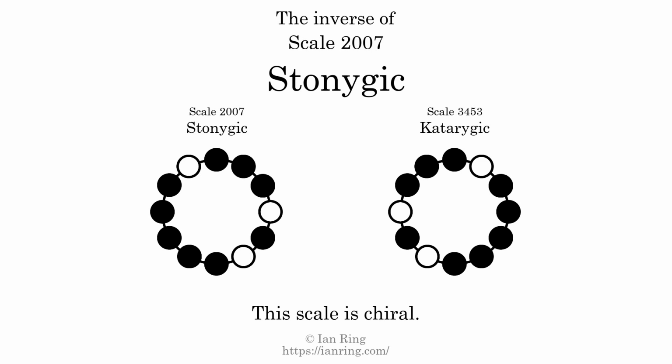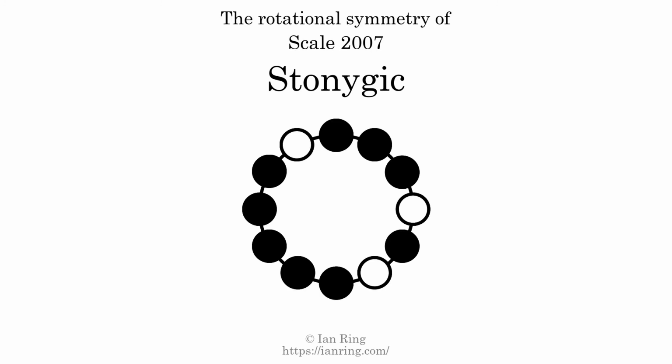The inverse of a scale is a mirror image. It is what you get when the sequence of intervals is reversed. The inverse of this scale is scale 3453, also known as Stonygic. This scale is chiral. It cannot transform into its inverse by rotational transformation. This scale has no rotational symmetry. For even more detail about this scale, visit